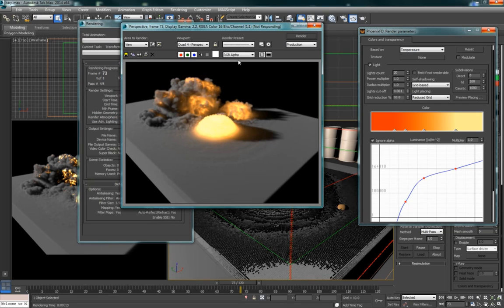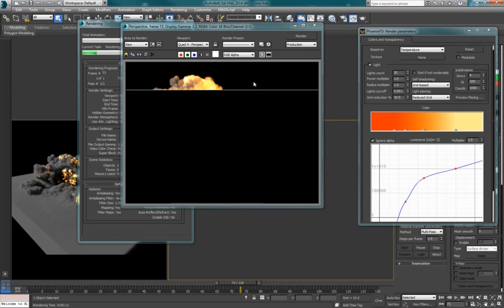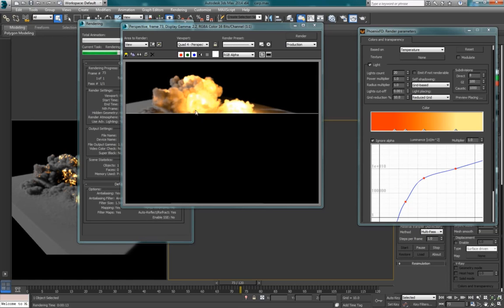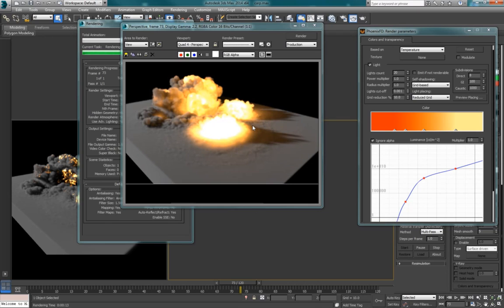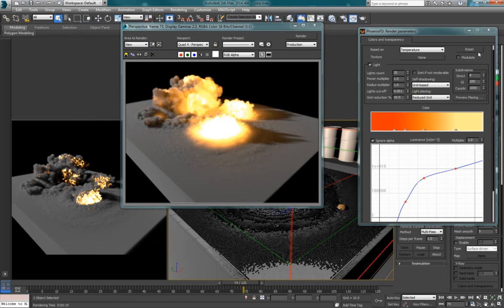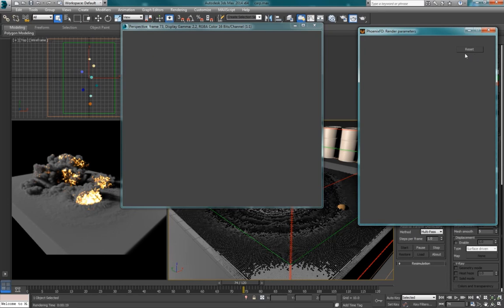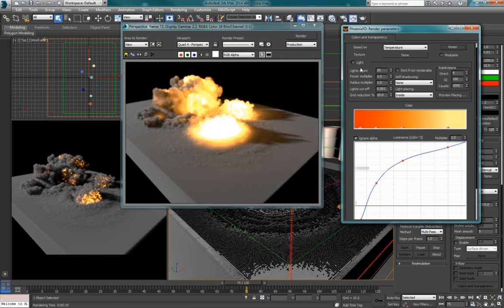Okay, so in the beginning we just wait a little bit until the light positions are calculated, and you see that now we have much brighter explosions than we had with the default settings. I will just reset the settings of the emission here, because I don't want to mess with the emissive graphic here. So now I'll just enable lights again,